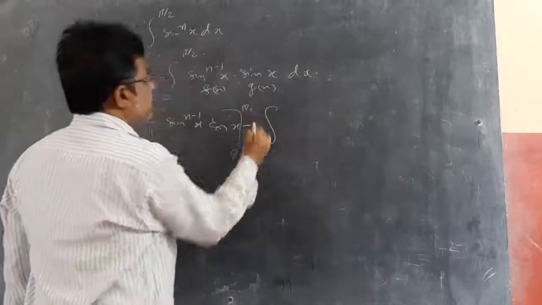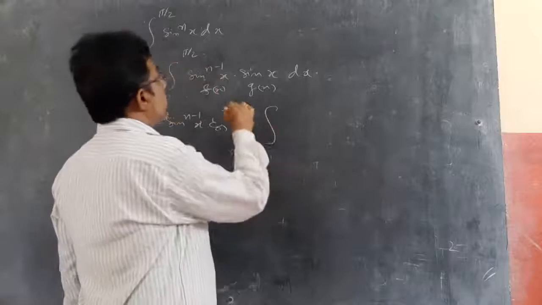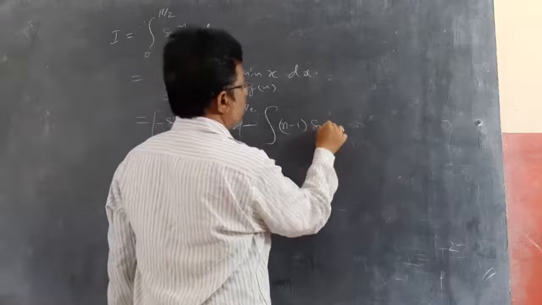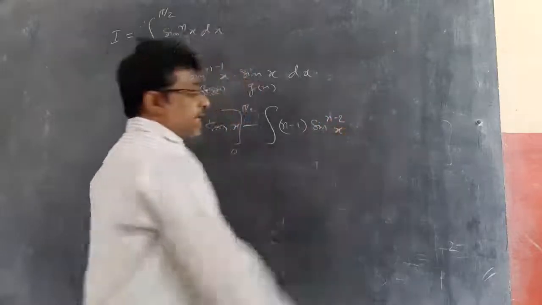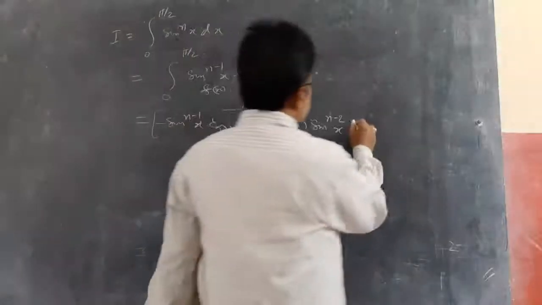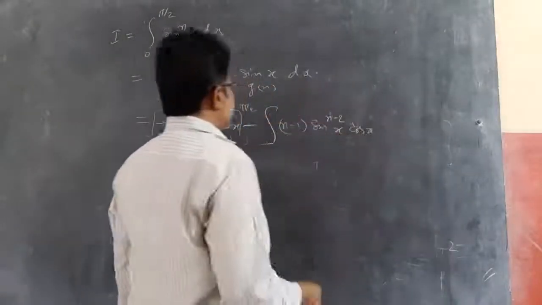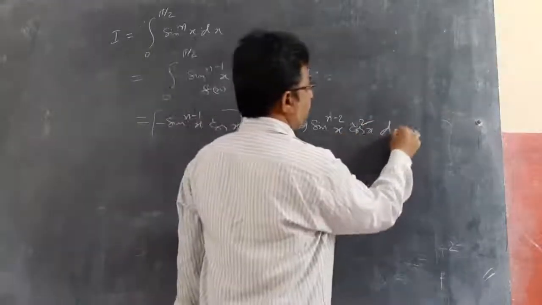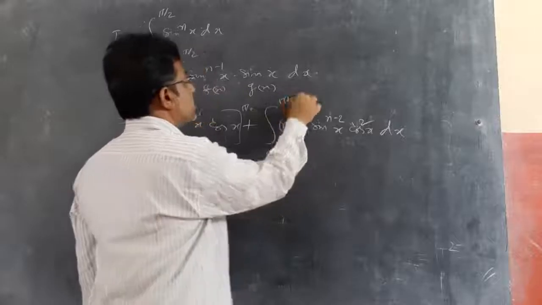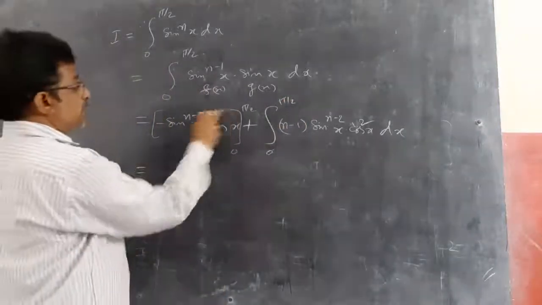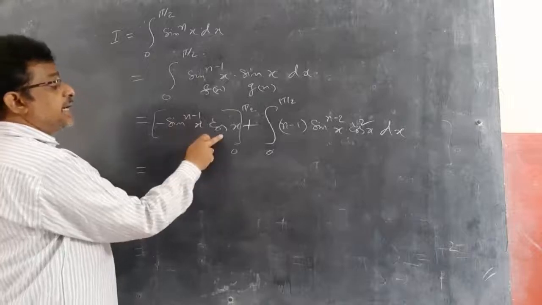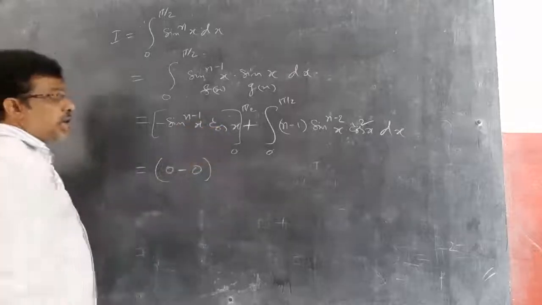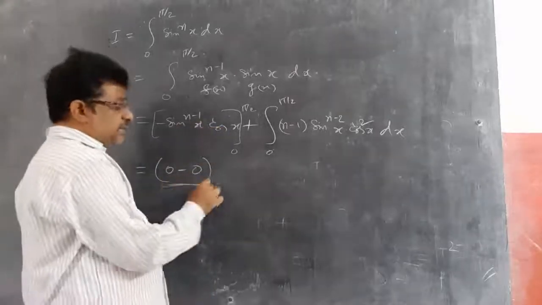Next, integral of f dash x: derivative of sin power n minus 1 x is n minus 1 into sin power n minus 2 x into inner derivative of sin x, which is cos x, into integral of sin x, which is minus cos x. So minus of minus I am making plus. I am writing it as cos square x dx between the limits 0 to pi by 2. If I apply the limits, sin 90 into cos 90 is 0, minus lower limit, sin 0 is 0 into cos 0 is 1. So anyhow this whole part is 0.